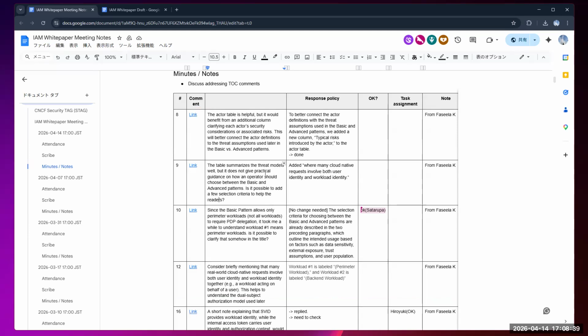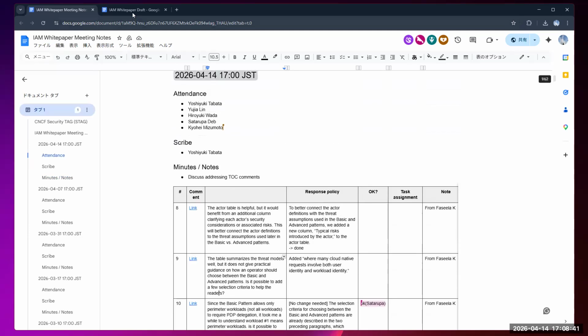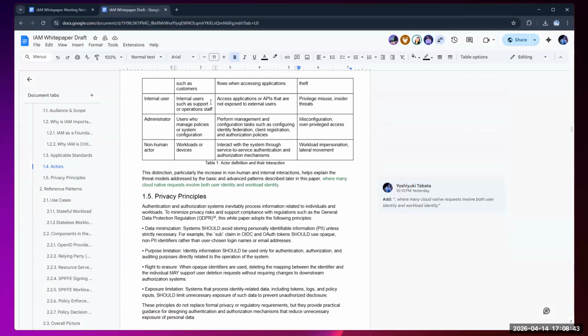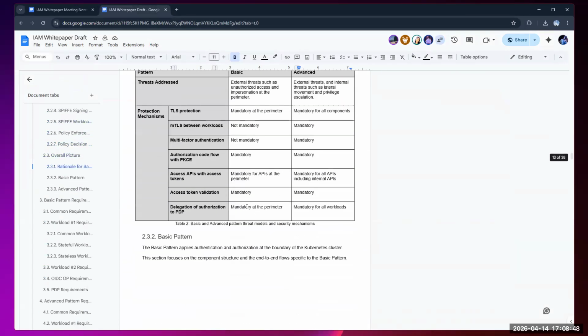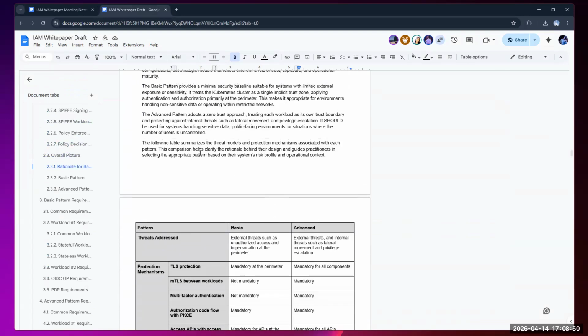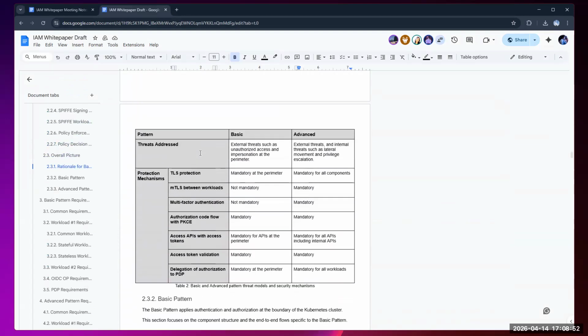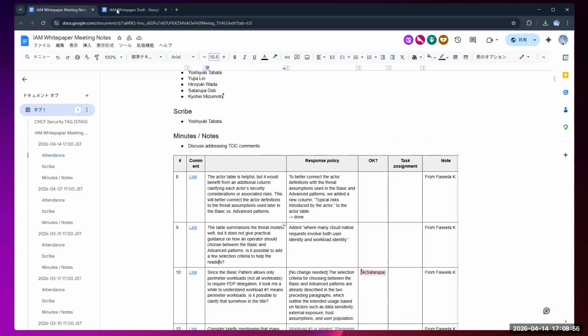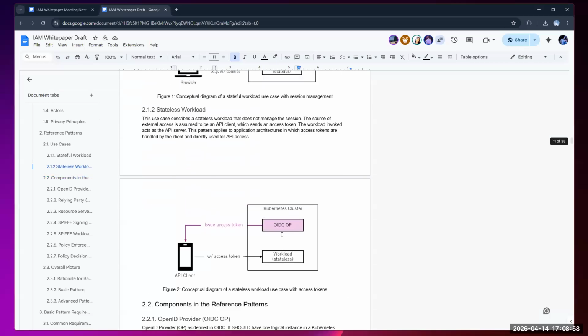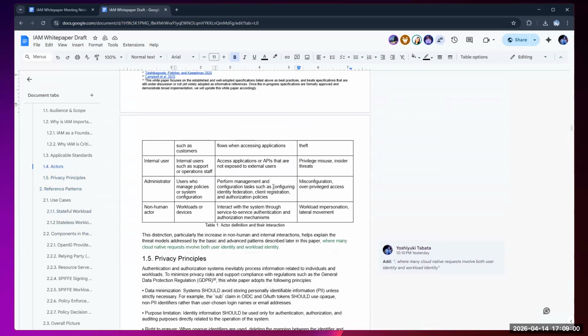This is the table summary. Maybe not here, but this one, I think. No, maybe here. And I added